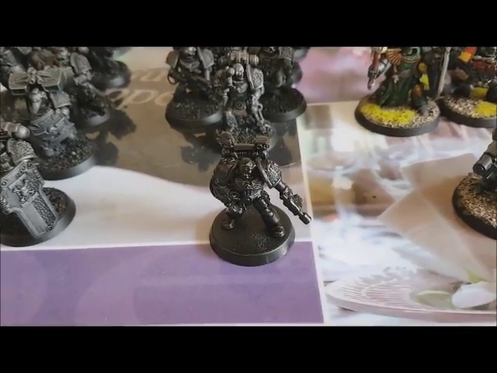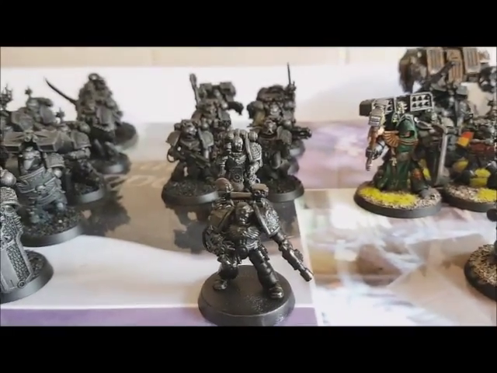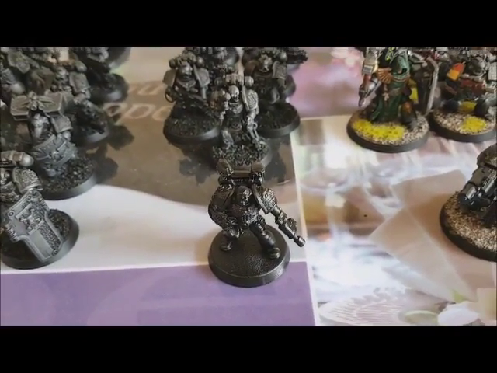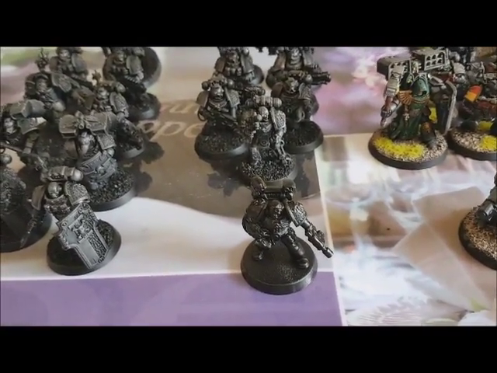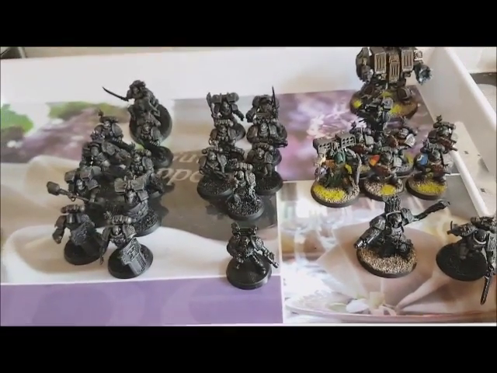The Deathwatch aren't allowed to take basic apothecaries, but they can take Primaris apothecaries. But I don't like the giant big dudes in my army of not very big dudes. I think it looks a bit silly. So I'm using an apothecary model, and he's going to use the stats of a Primaris apothecary. The only difference really would be that this guy's not allowed to get in transports, but I don't have any, so...